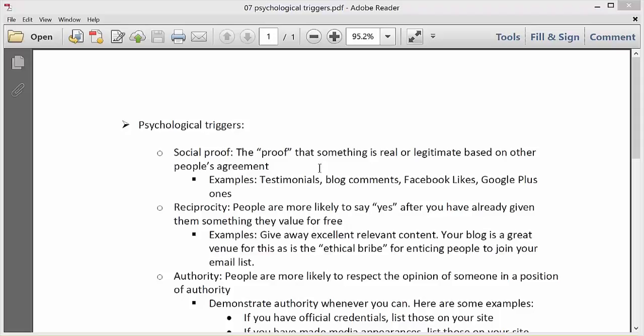that something is real or legitimate based on other people's agreement. So examples would be testimonials, blog comments, Facebook likes, and Google Plus ones. So if you have a bunch of testimonials on your website, then that would be proof that what you're offering is for real or legitimate. If your Facebook fan page has a bunch of likes on it, then that would be an indication that you